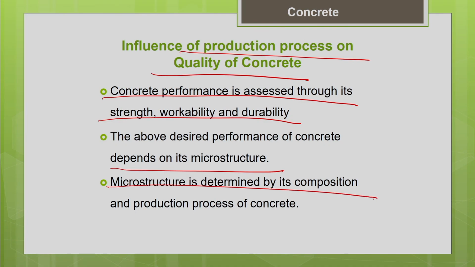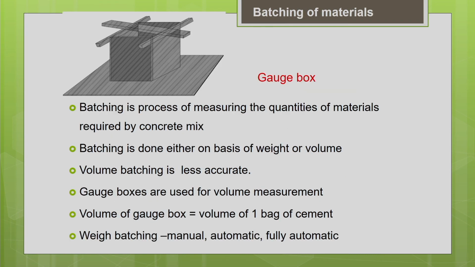Okay, so that we can get a good microstructure. Your microstructure is going to be determined by the composition and the production process of the concrete. That is why you need to exercise good quality control in the production procedure of the concrete. So, let us start with the first step, once you do the mix design, once you know the mix